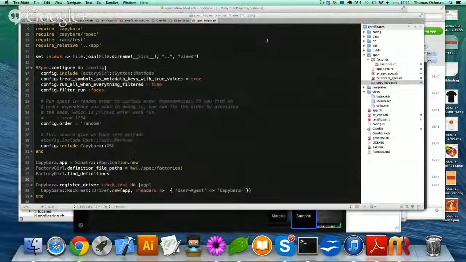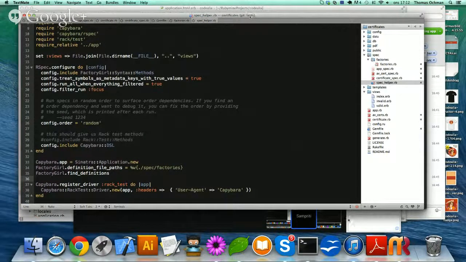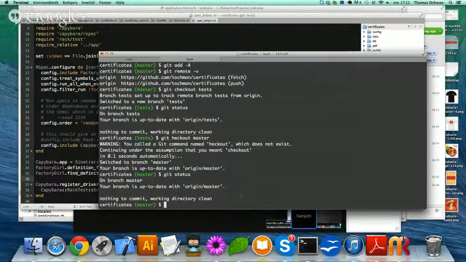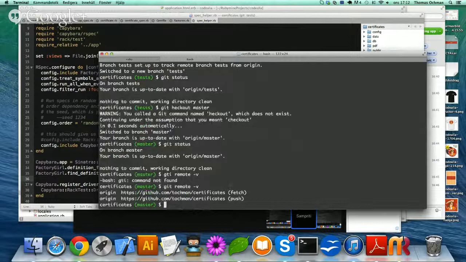Hold on a second. Wait a second. Wait. Thomas, on the header, I see that you're on the test. Look on the header. It looks like you're in the right tests place here, but you know where I am? I'm in a completely different place here. All right, hold on a second. Git remote. All right. Okay.